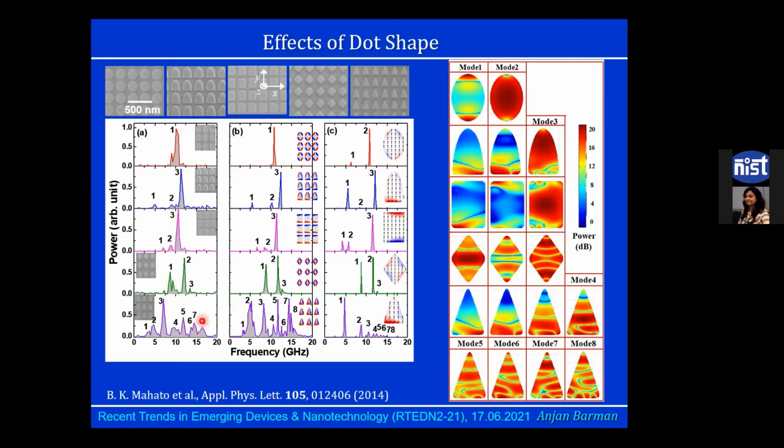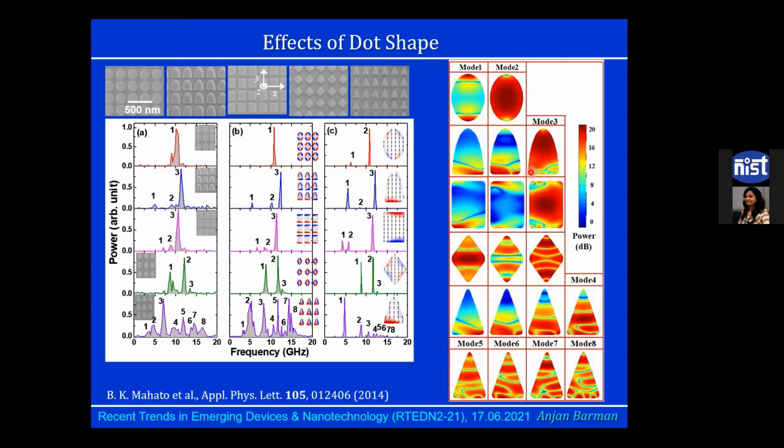For a triangle, they have like 8 modes. So the same material, same size, only the shape is different, and that can change their dynamics by a huge amount. They go from a single mode to 8 modes. And what happens here is we do their mode profile analysis, and we see that from a uniform mode,